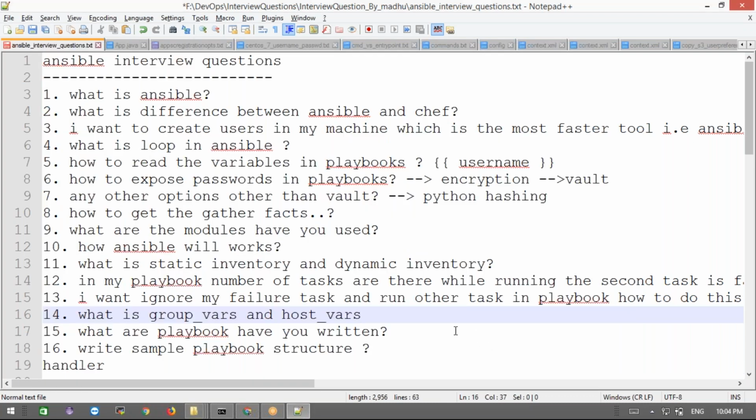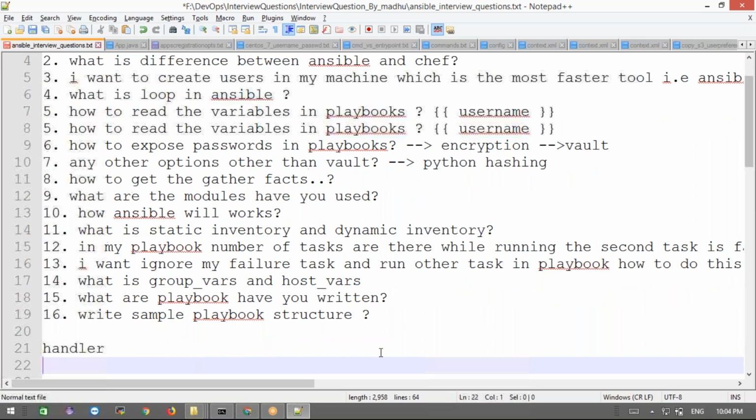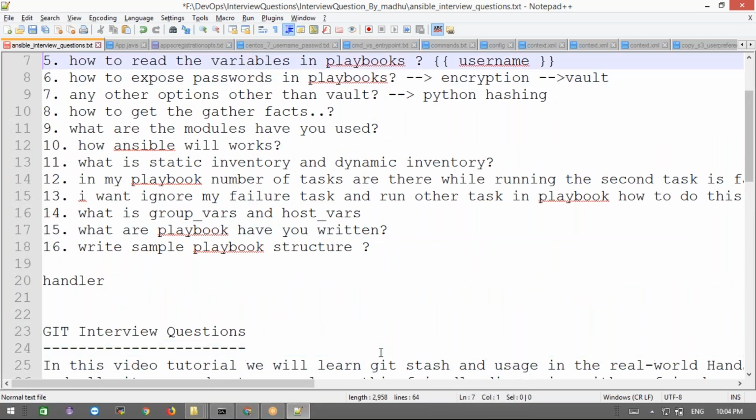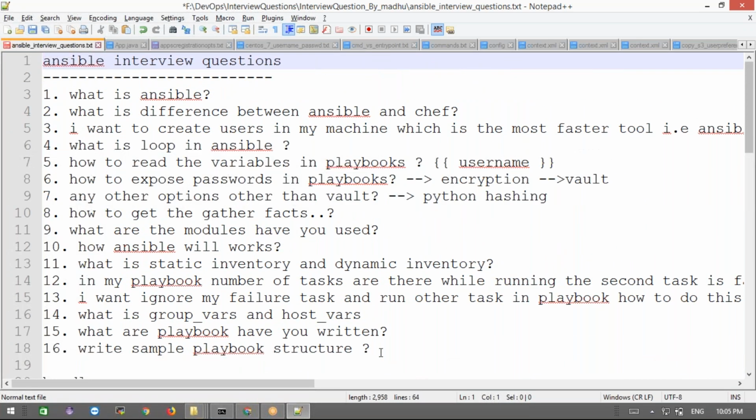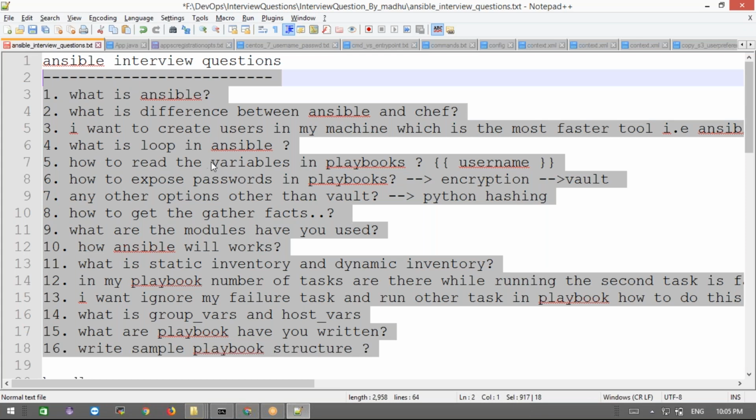Any questions, guys? Maximum questions other than these, they won't ask much about this. This is certain. Okay, maximum questions will come from like this itself. If you face any other questions than this, you can discuss that also.